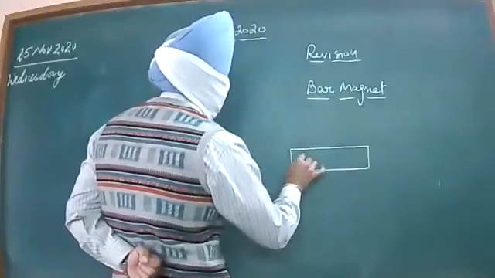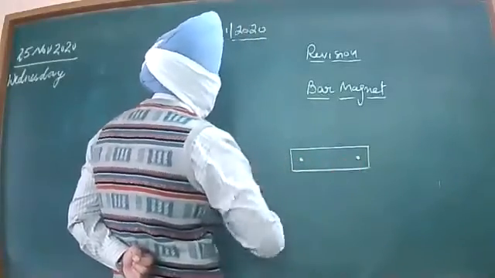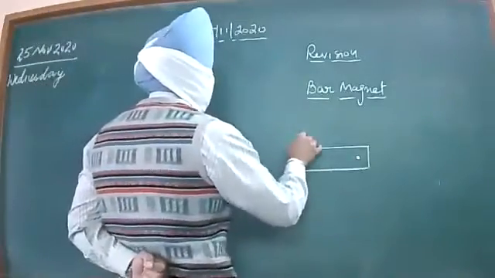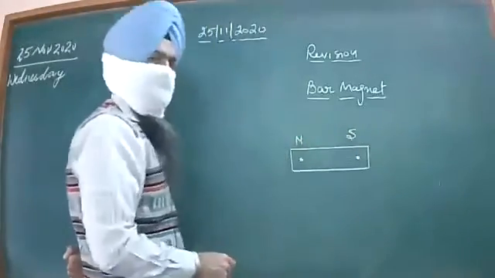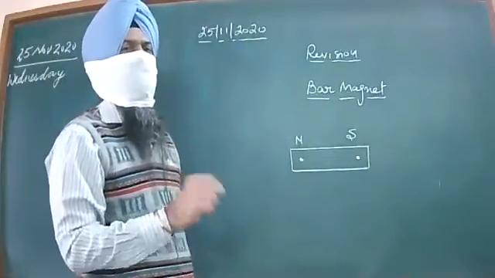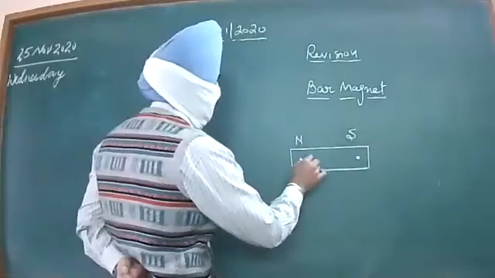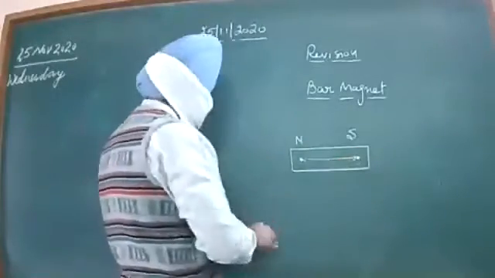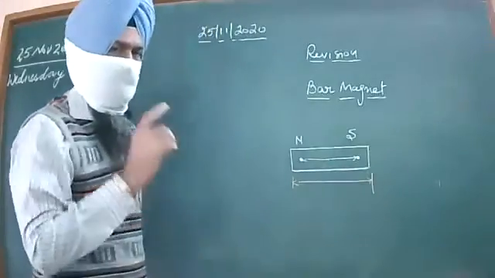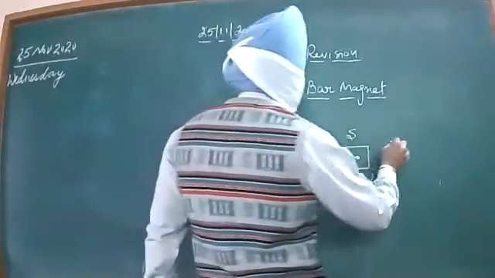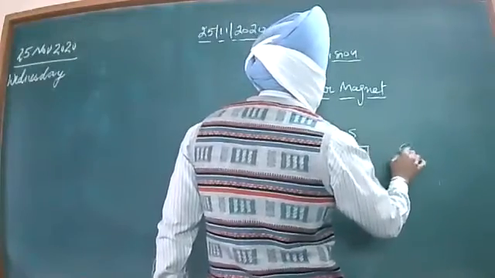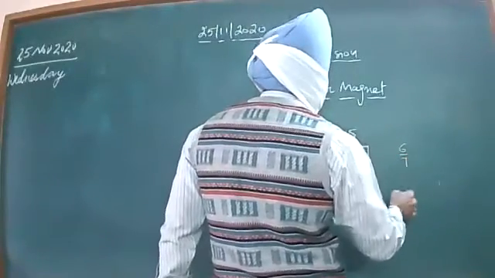magnet. Always keep in mind that there are two poles of the magnet, the north pole as well as the south pole, and the magnetic length is the separation between the north and the south poles. This is the magnetic length. And dear children, here this is the geometrical length of this bar magnet. Always keep in mind that the magnetic length is 6/7 of the geometric length.